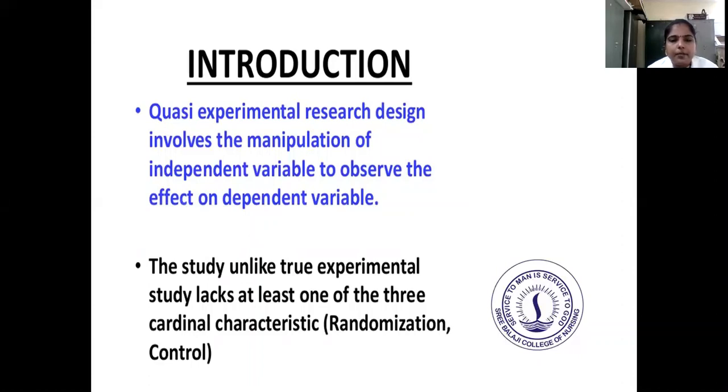Here, we are manipulating the independent variables and observing the effect on the dependent variables. The study, unlike a true experimental study, lacks at least one of the three cardinal characteristics, that is, randomization and control. Here, any one characteristic is missing, that is, randomization or control. This is the introduction on quasi-experimental research design.